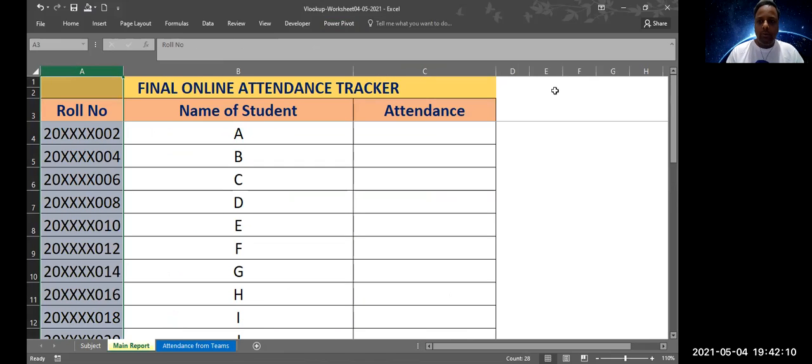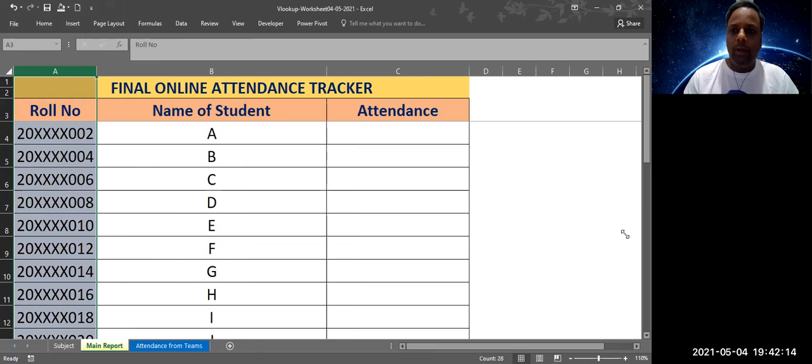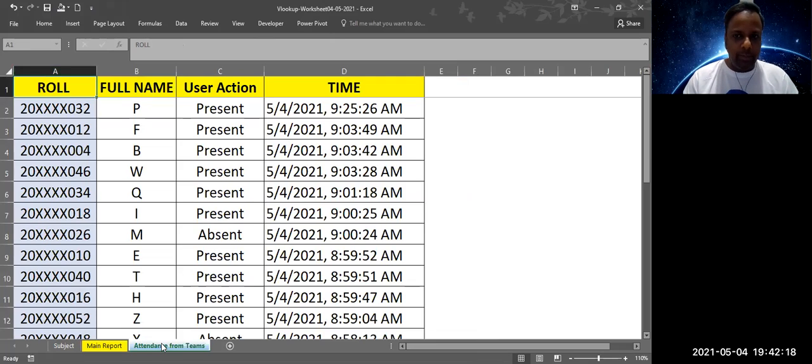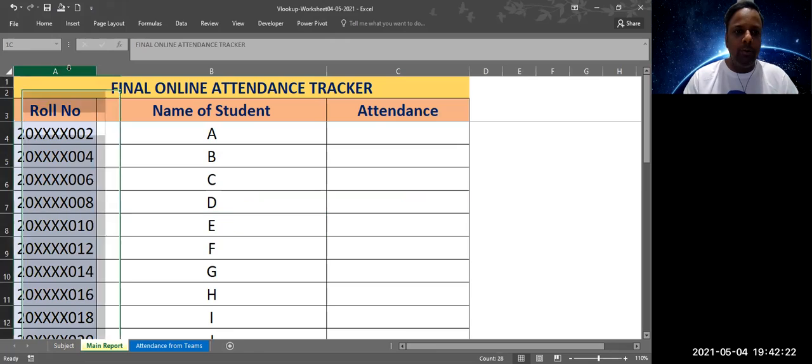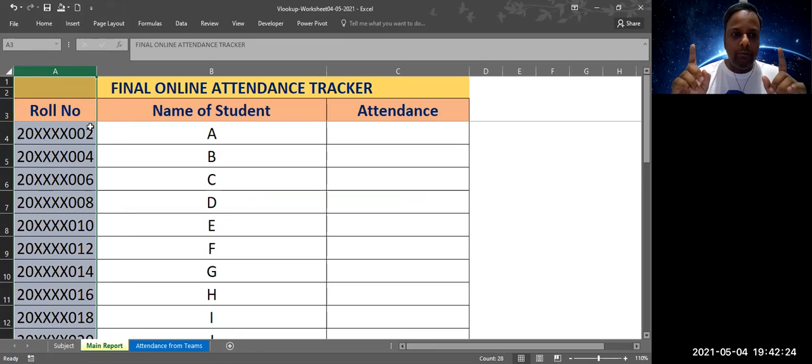This is something we need to take care of. Now the first criterion is met. Guys, we have to be very careful about this. The matching element should always be on the left side, on both the reports.